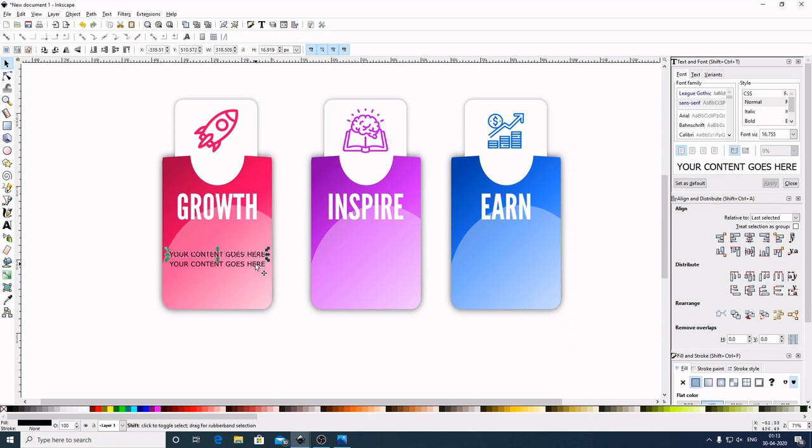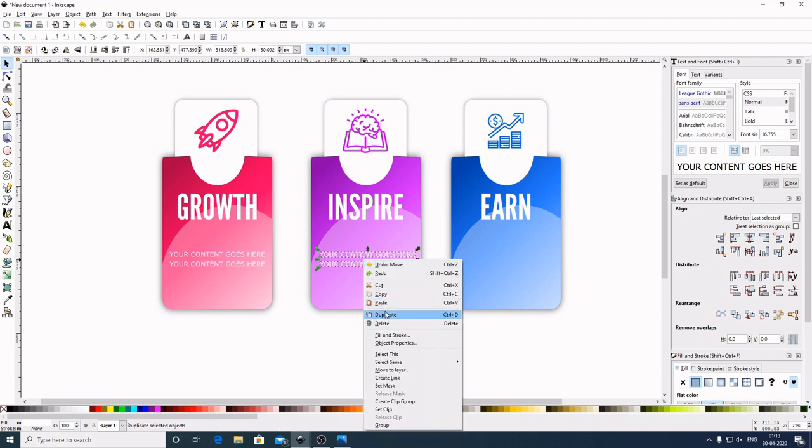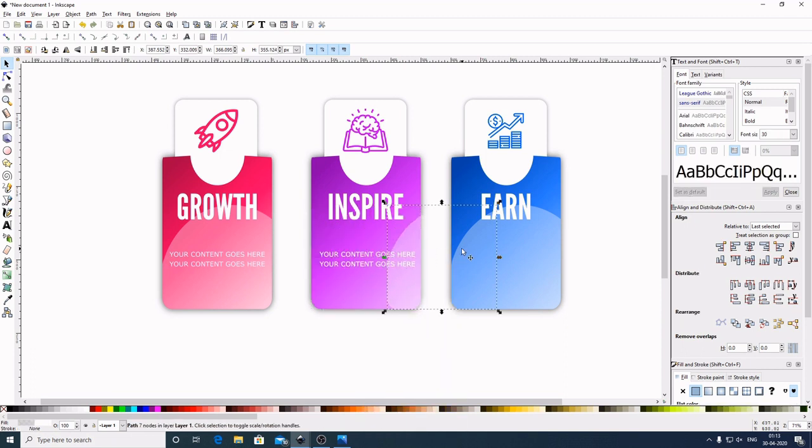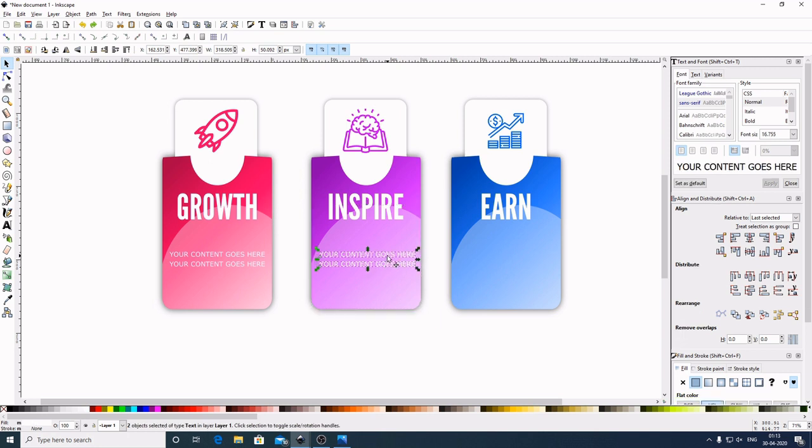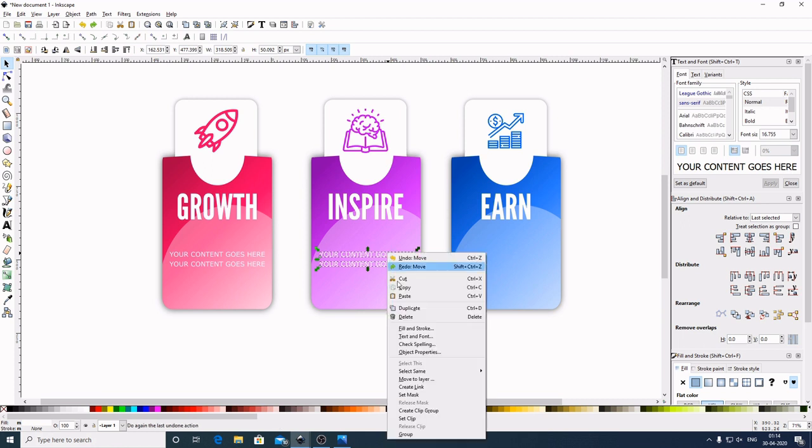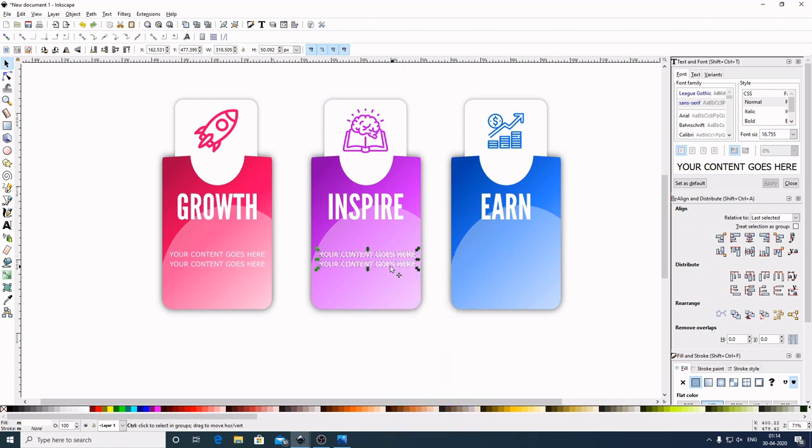Select this. Now by holding Shift in the keyboard, select this. Change the color to white. Right click, duplicate. Now by holding Control in the keyboard, bring this here. Right click, duplicate. Now by holding Control in the keyboard, to undo, hit Ctrl Z. Select this one. Now by holding Shift in the keyboard, I will select this one. Now by holding Control in the keyboard, bring this here to the right side. Now first I will make a duplicate of this. Right click, duplicate. Now hold Control in the keyboard, bring this here. Now select out of the graphic to deselect.